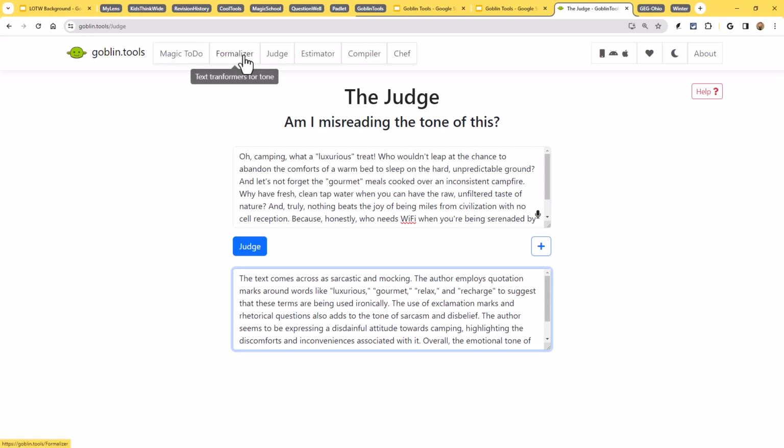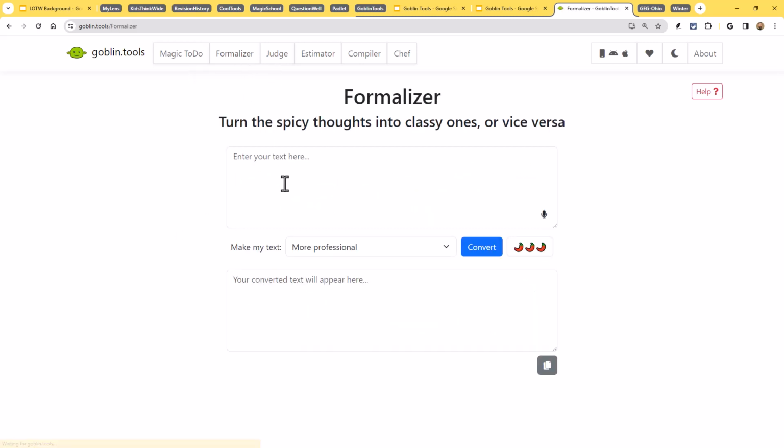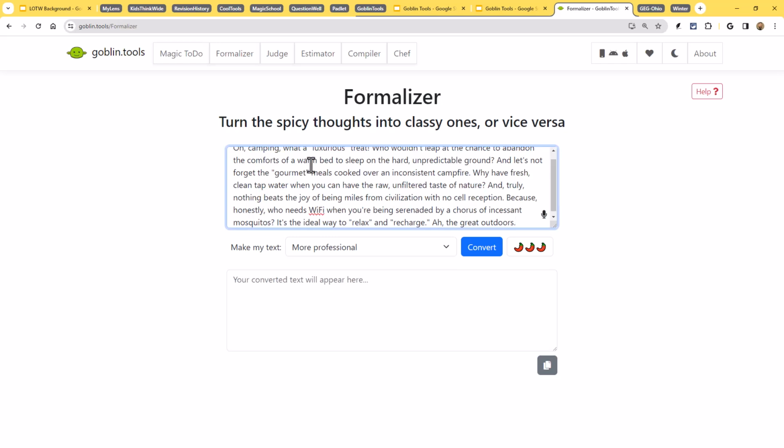And then another tool that they've got here at Goblin Tools will be the Formalizer tool. This is if you have some text that you want to adjust. Maybe your text you feel is a little too spicy, as they like to put it here, and you're like, okay, I need to tone down what I've written before I send off this email or whatever the case might be. So why don't we just use that exact same text? Let's use that